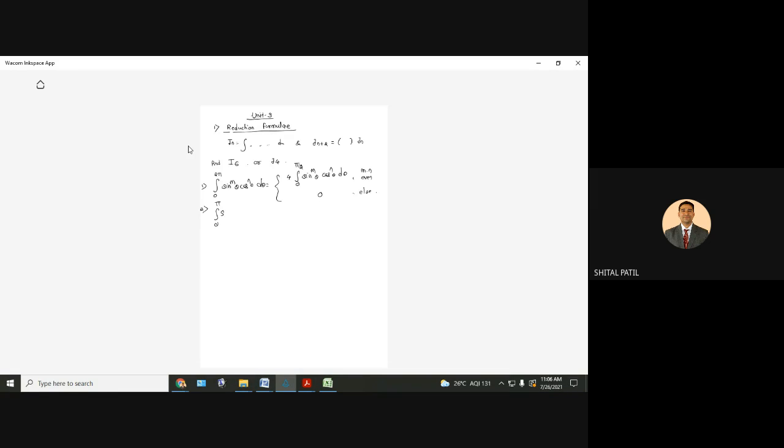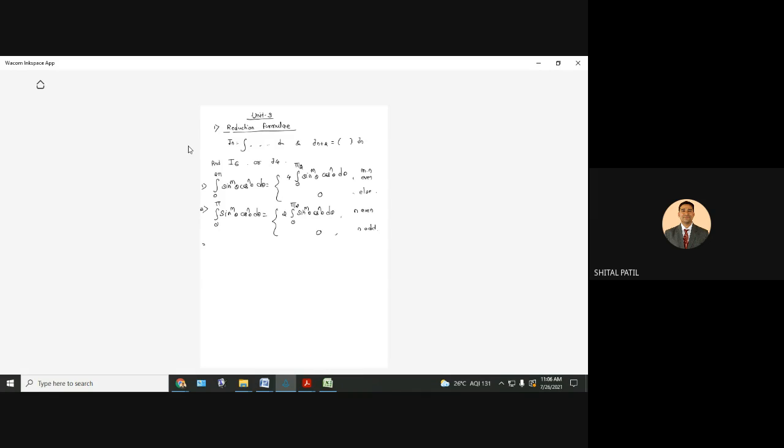0 to pi, sin raised to m theta, cos raised to n theta, d theta. Okay. So here answer is 2 times integration from 0 to pi by 2, sin raised to m theta, cos raised to n theta, d theta, or answer may be 0. Here, remember, as in previous case, it was required that m and n should be even. Here it is sufficient that n is even. So answer does not depend upon m, right? So answer does not depend upon power of sine term, whether it is even or odd, doesn't matter.